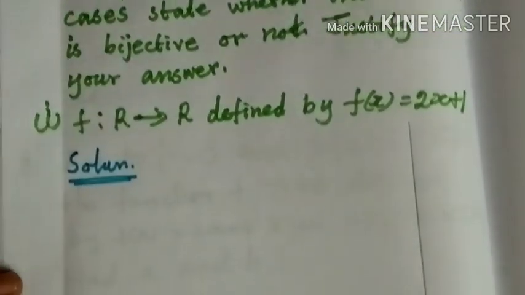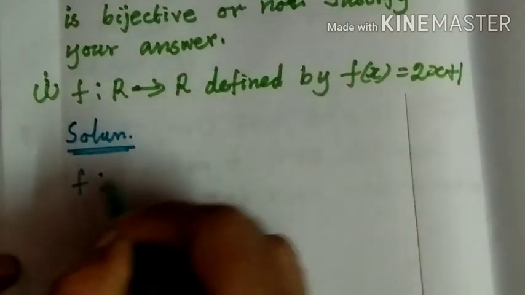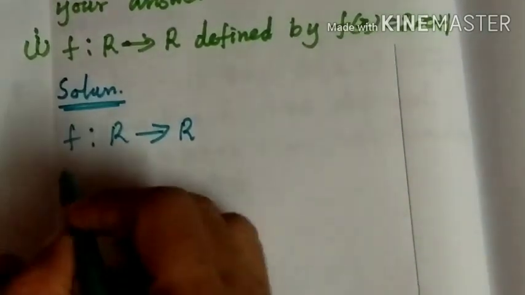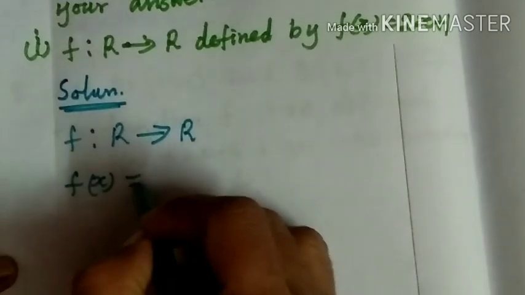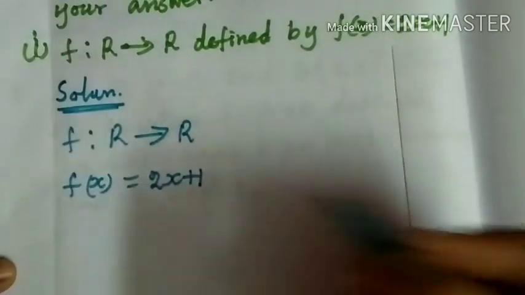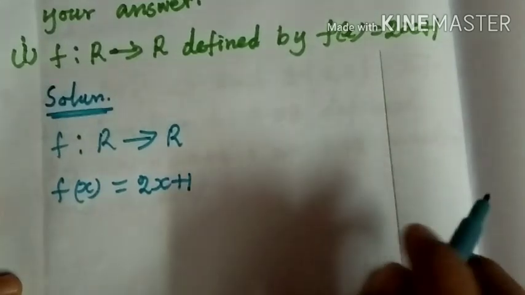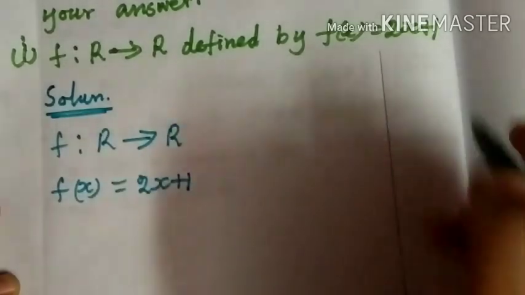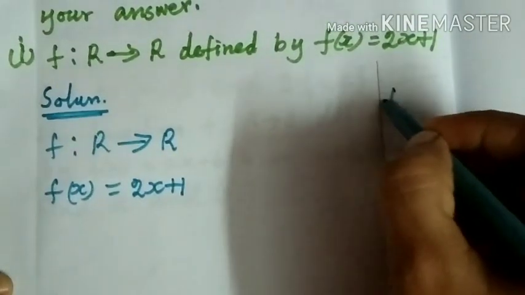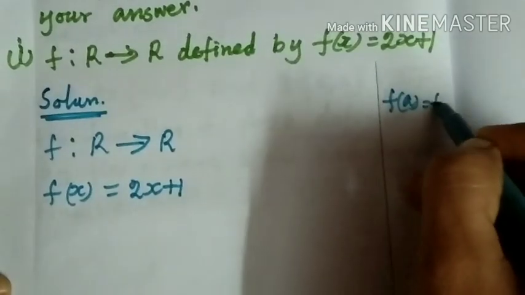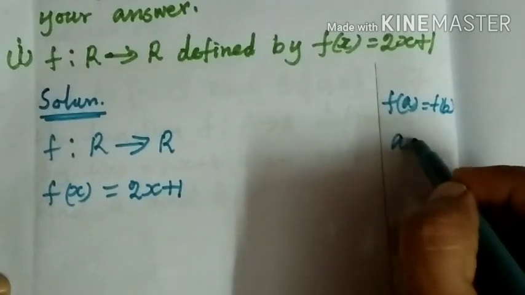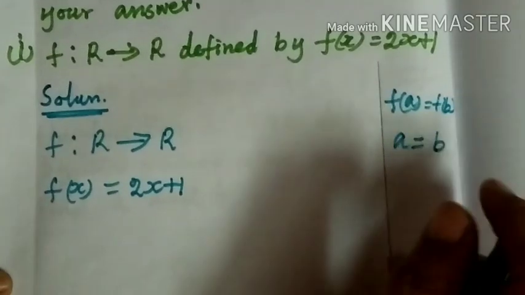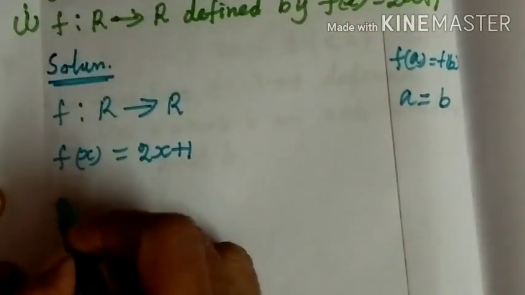First you write down the given f such that R to R, that is real number to real number, then the given function f of x equal to 2x plus 1. By the definition of one-one function, it is in the form of ax plus b. Therefore, let us assume f of a equal to f of b, which implies a equal to b, means this is a one-one function. By this definition, let us assume